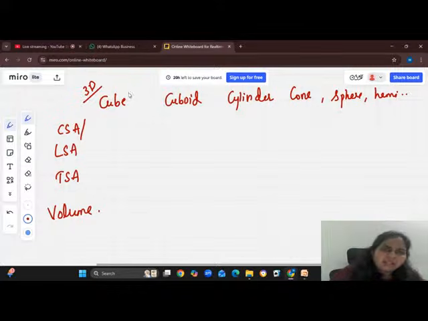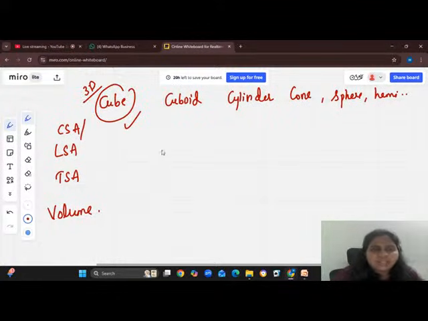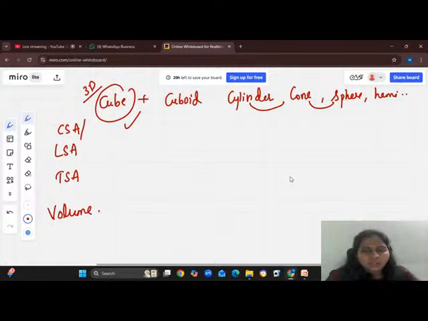So among all this, cube is very easy. So most of the times they will just combine the cube and cuboid. Sometimes they combine the cylinder and cone. Sometimes they combine cone and sphere. And sometimes what they tell you, the important point is the